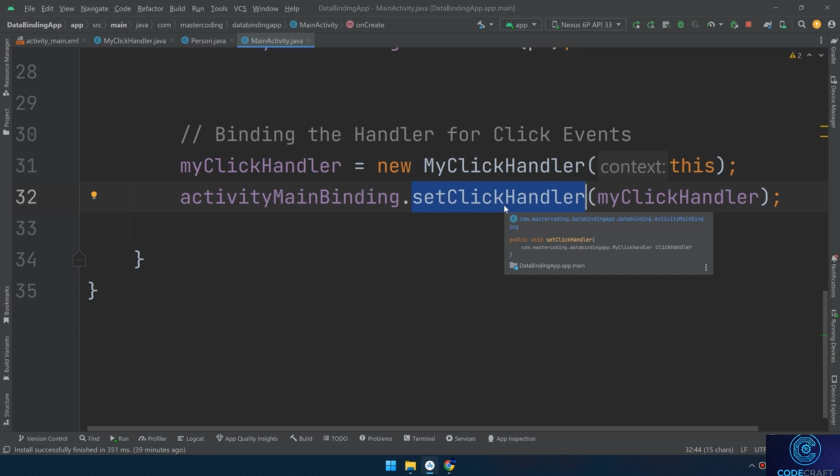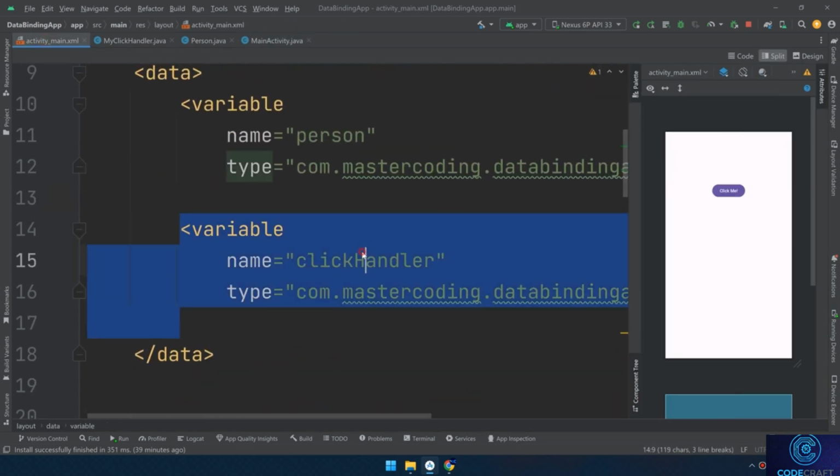The naming convention of this method is based on the variable name you declared in your data section of the layout XML file. You can see it here. So the name of this method depends on the name of the variable that you define